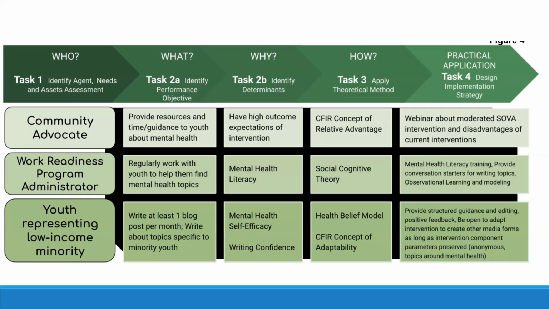And then there are the youth who are low income, many who represent minoritized populations, and they would be the ones who would actually be involved in the program. And the program, like you remember, SOVA Ambassador, is that we have young people write articles about their mental health for the site, okay? And so the first thing that we'll do is interview 10 people in the community,